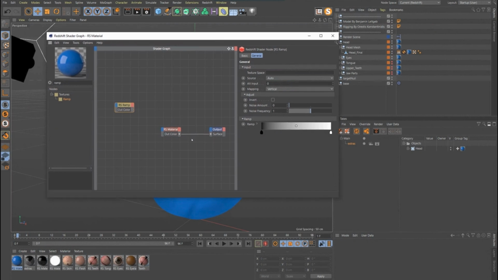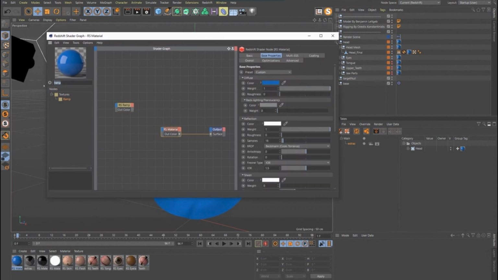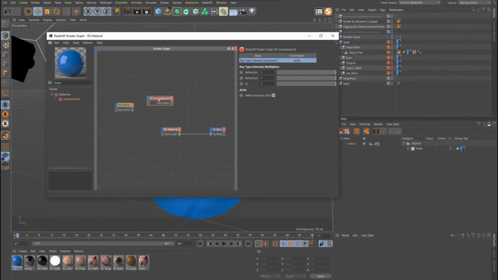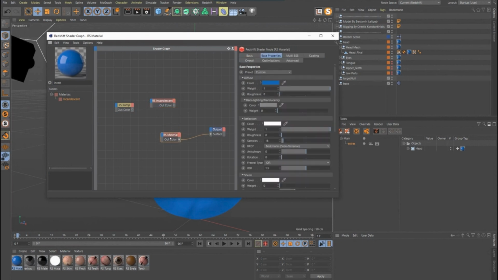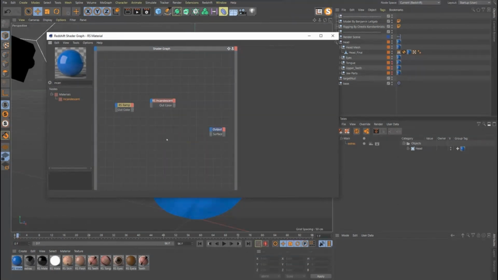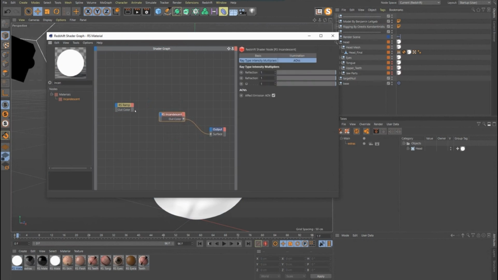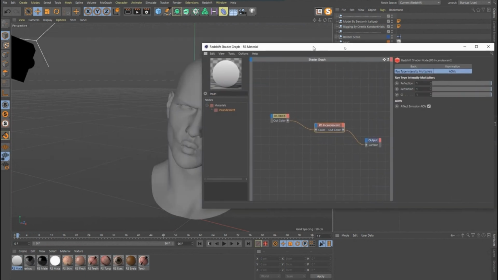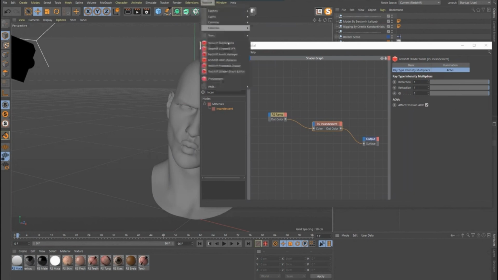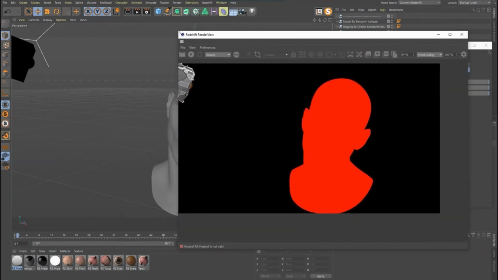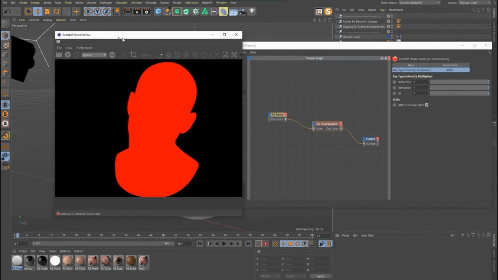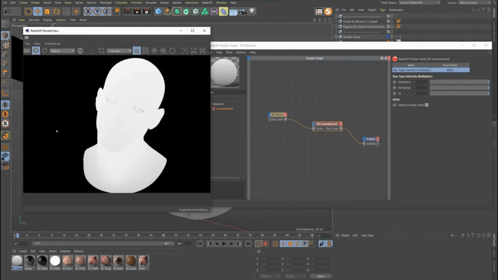And actually what I want is not a material, I want an incandescent material. Because I don't want any lighting, I don't want reflections, highlights, anything like that. I just want the pure color. So we can delete that, make this an incandescent, and now we've got that. So let's take this ramp color, we'll plug it into color, and that gives us, if we look at this, and apologies, I don't have as much screen real estate as I would like.